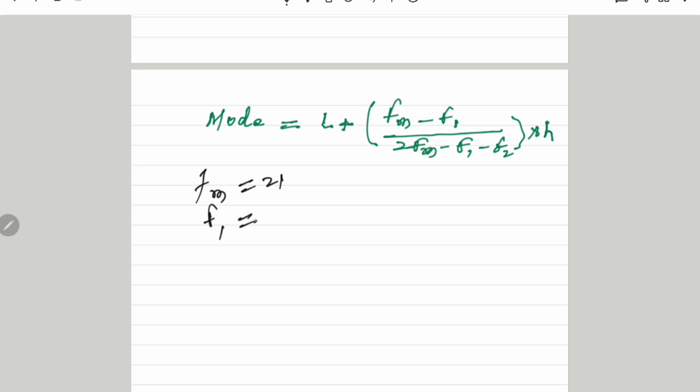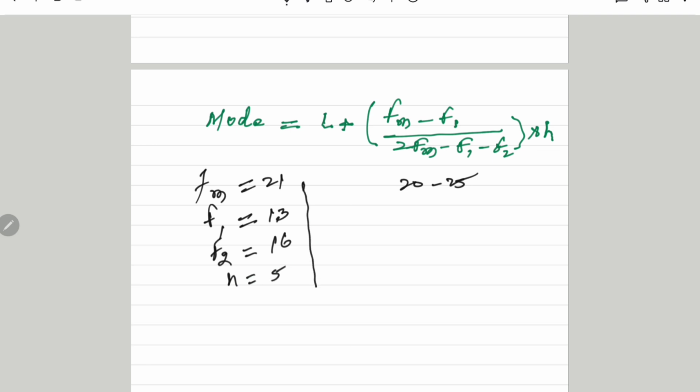F1 is the frequency of the preceding class. That class corresponding to the maximum frequency is 20 to 25, and therefore the previous class is 15 to 20, whose frequency is 13. Therefore the value of F1 is 13. For this, see the table. And F2 is the frequency of the succeeding class. The succeeding class is 25 to 30, whose frequency is 16. H